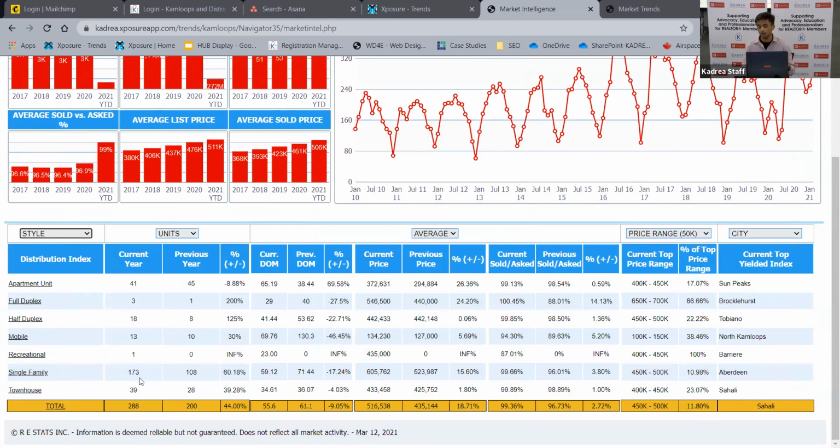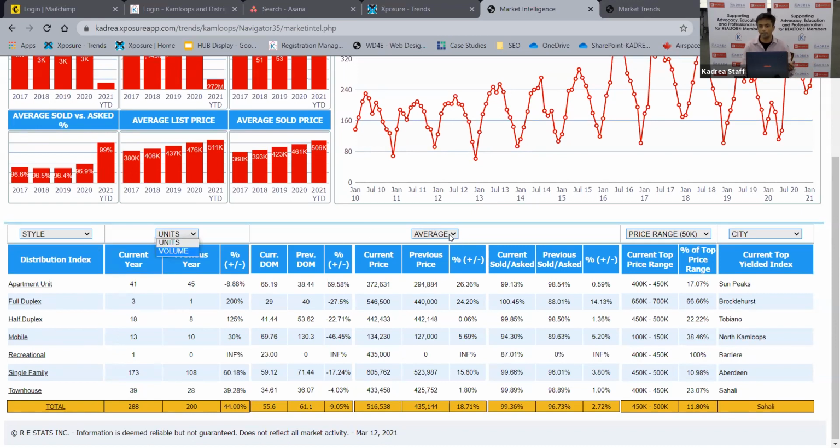Now, a seasoned realtor, a veteran, would not want all of these numbers. They would know what works best in what area, in what price range. They would not want to know what areas are working well for what property subtype. By that, I mean the style. But for somebody who's new, who's trying to understand the market, this is a gem, isn't it? Because you can do a complete analysis,